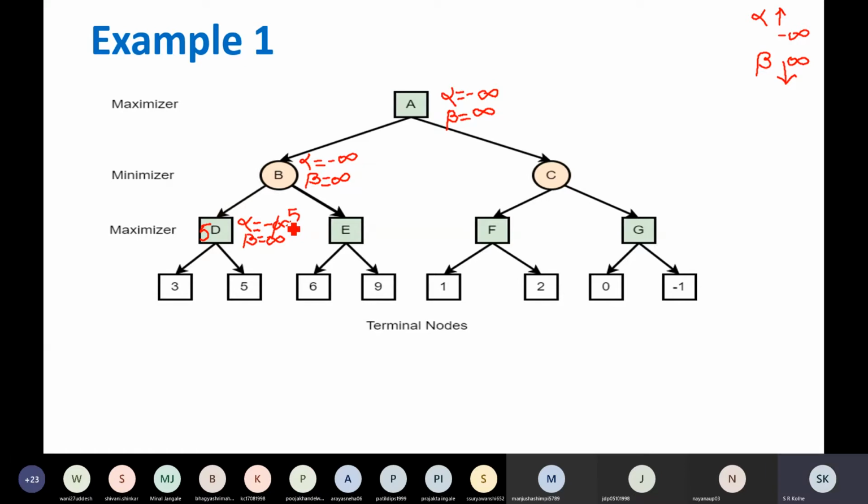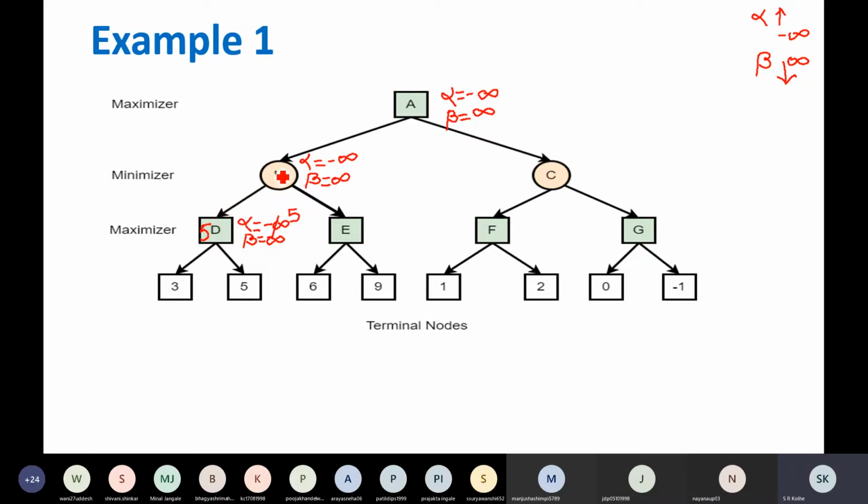Consider this, understand this in two parts. The algorithm works like a minimax algorithm, but along with that, we are going to use values of alpha and beta to prune some of the branches which you don't need to explore. Okay, so that will save a lot of effort. So at this point, for the maximizer in the minimax algorithm, we would have done the same thing. We would have selected this option with value 5, but along with that here we are assigning the value 5 to alpha also. Now what is this situation?